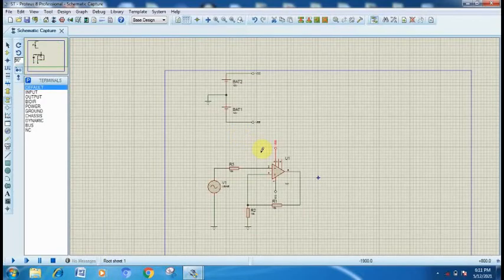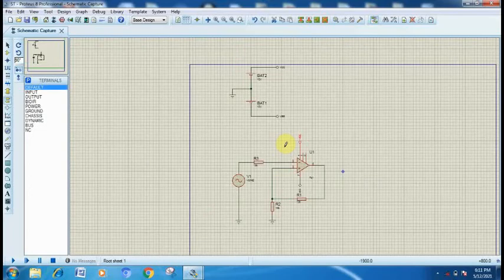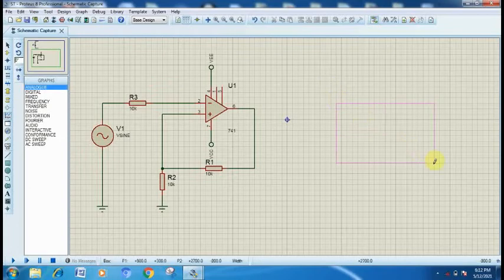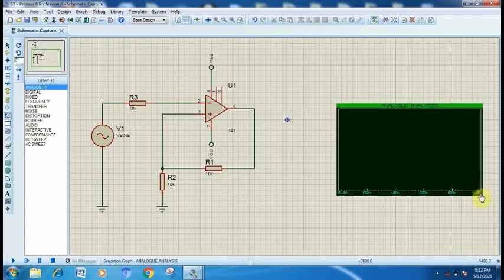Now to observe the output we will require one analog graph. So go to the graph mode, select the analog and draw the graph here. Okay, it is a completely blank graph.